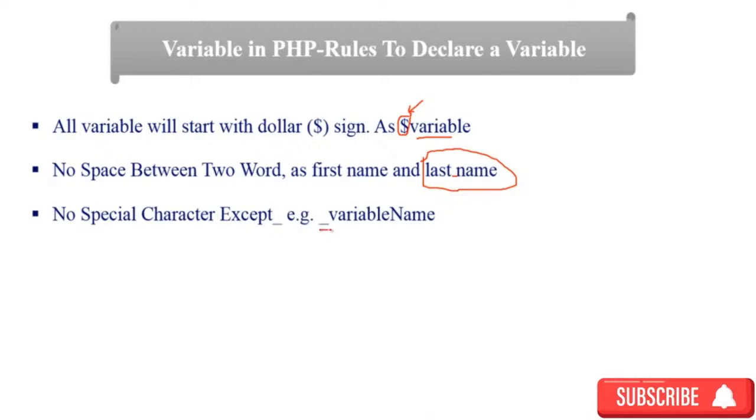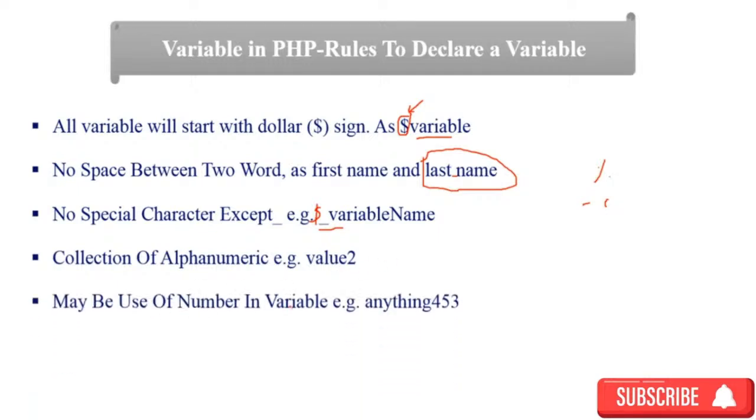For example, underscore variable name, and you have to put a $ sign also before this underscore. So you cannot use any special character, for example percentage, hyphen, brackets you cannot use. Alphanumeric, you can use number digits and alphabets in your variable. Maybe use of number in variable, for example you can see that this is the same. You can use number in your variable,